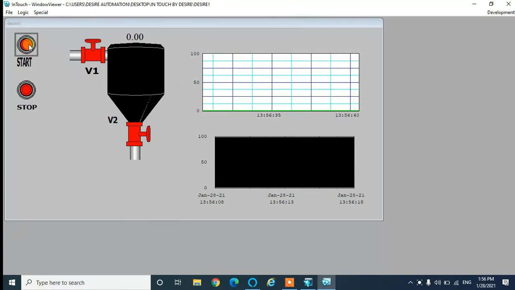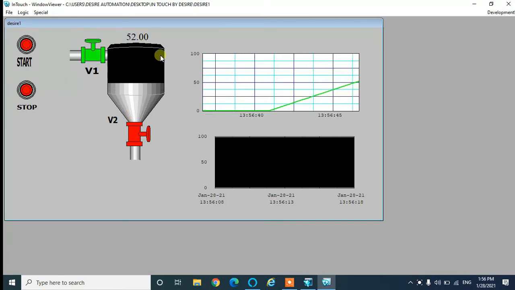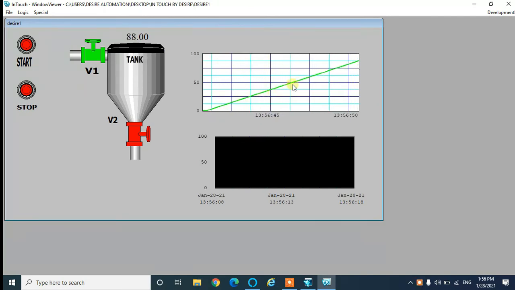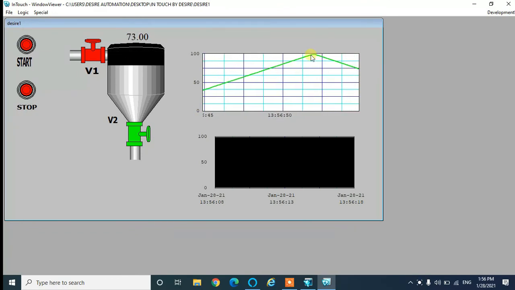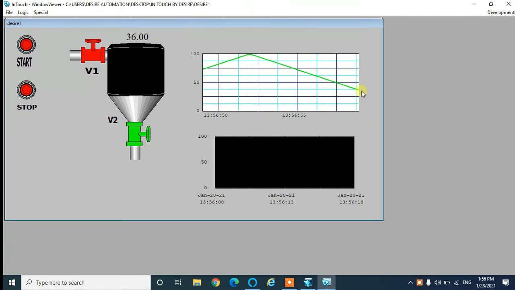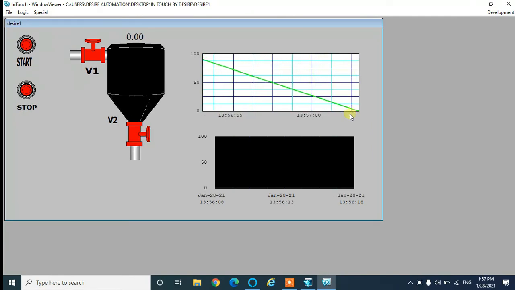Now if I press the start button, wall 1 is on and tank is filling in upward direction by 1 liter. So here you can see the graphical representation of tank values. Here you can see it fills up to 100 liter, then it is decreasing towards 0 value because wall 2 is on. And after that the value of tank is 0.